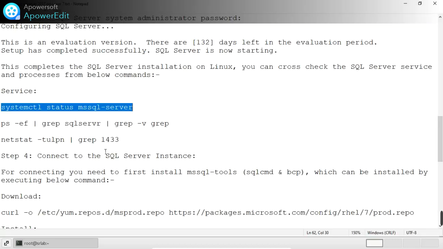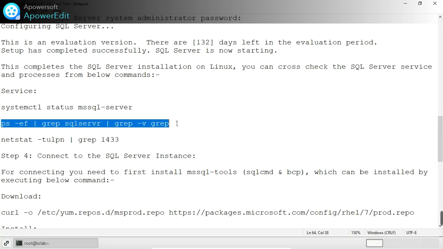Okay, next we can validate this way also.